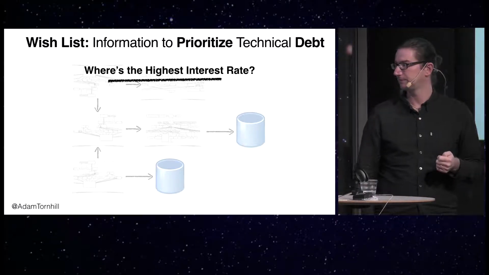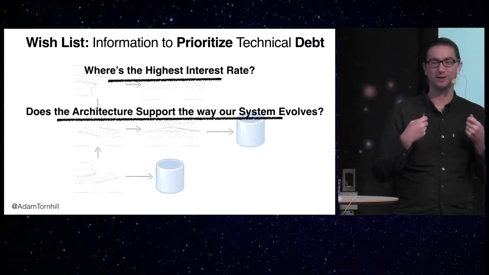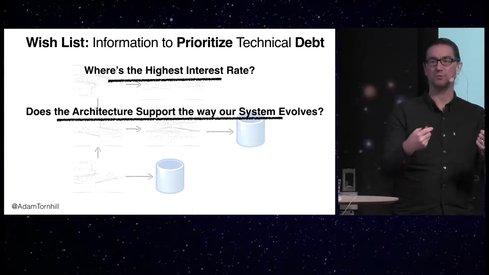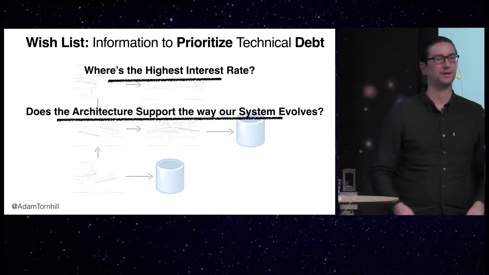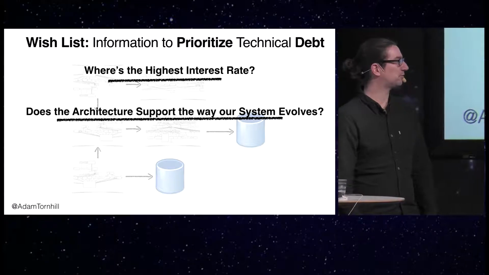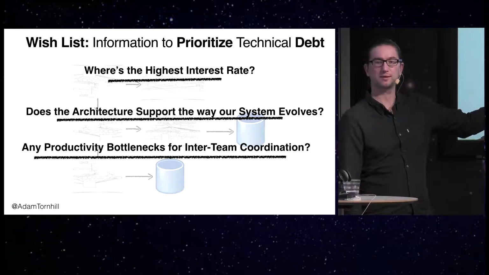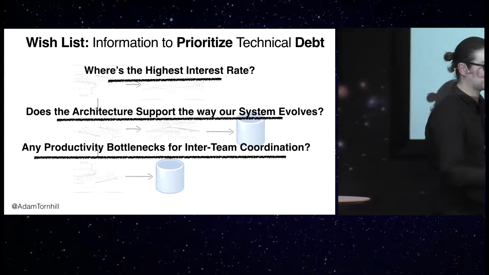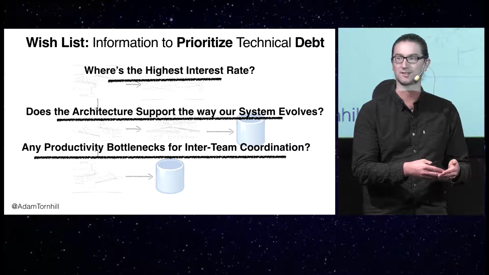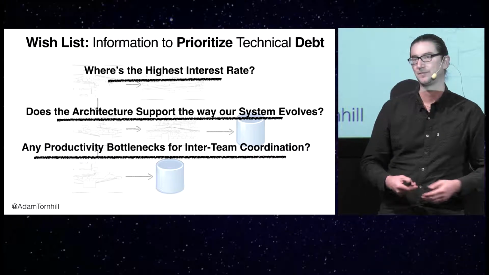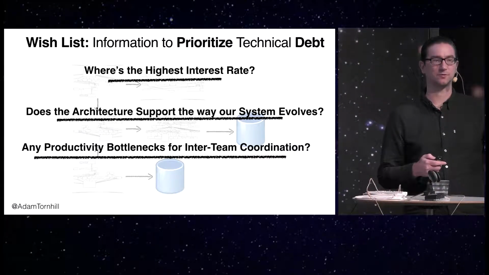And second, what about our architecture? Does our software architecture support the way our system evolves? Are we working with or against our software architecture, which is actually quite common? And third, and perhaps even most important, is how does this look from a team perspective, from a social perspective? Do we have any parts of the code that become coordination bottlenecks? You know, those parts where 5 different teams have to work at the same time all the time? So have a look at the list, and I hope you find this useful.